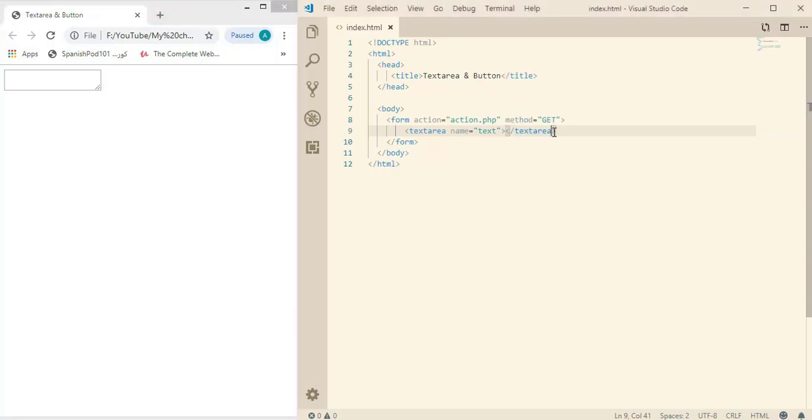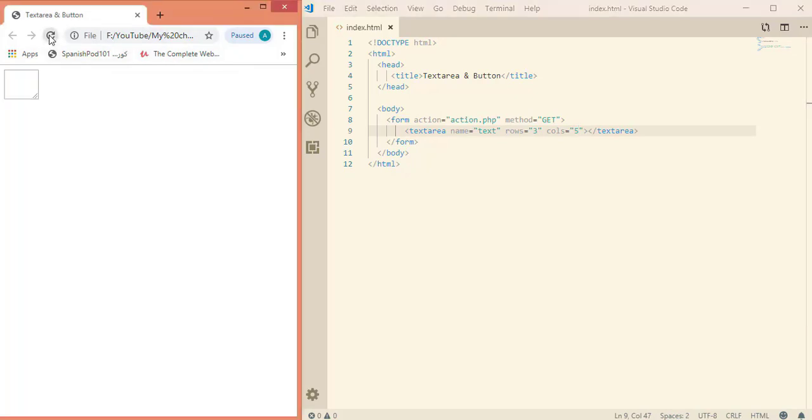So here let's make rows equal to 3 lines, and the columns, which is the width of the textarea, let's make it, for example, 5. So the size of the textarea now is 3 rows and 5 columns, and also we still can control the size